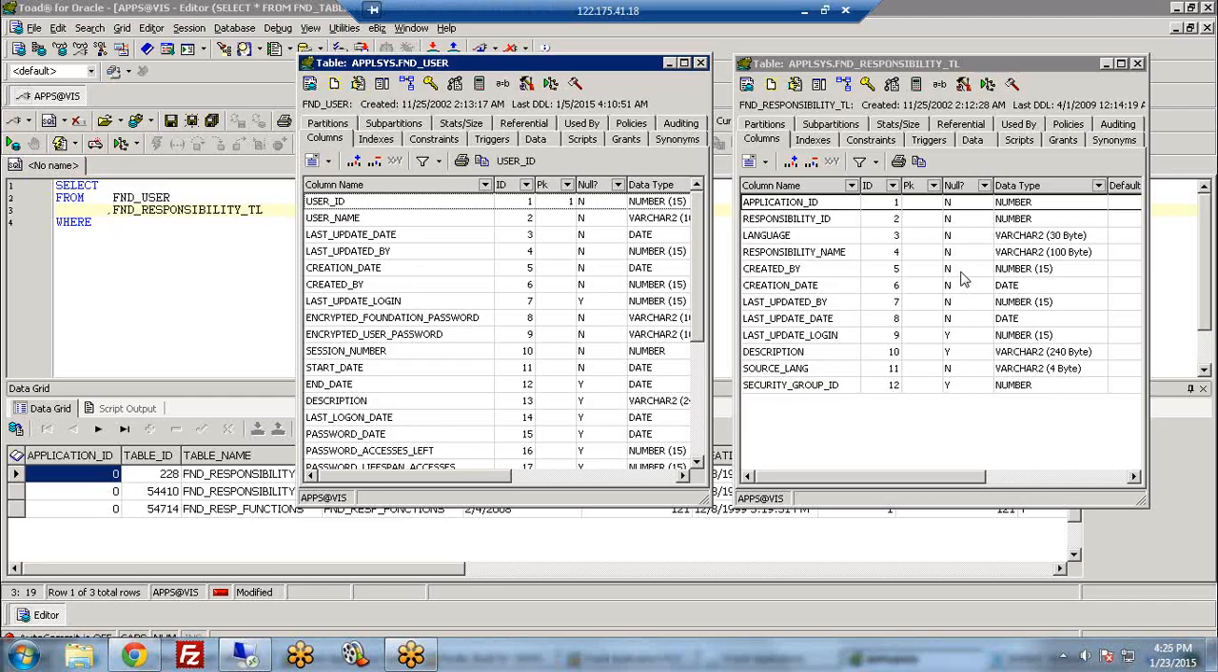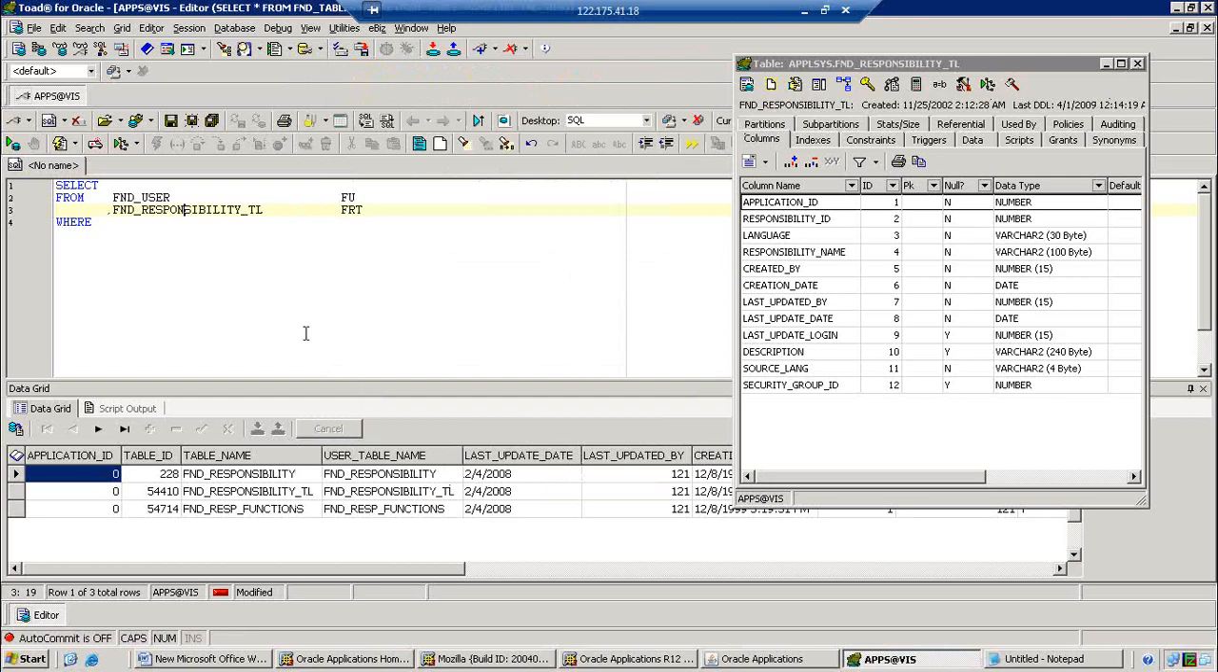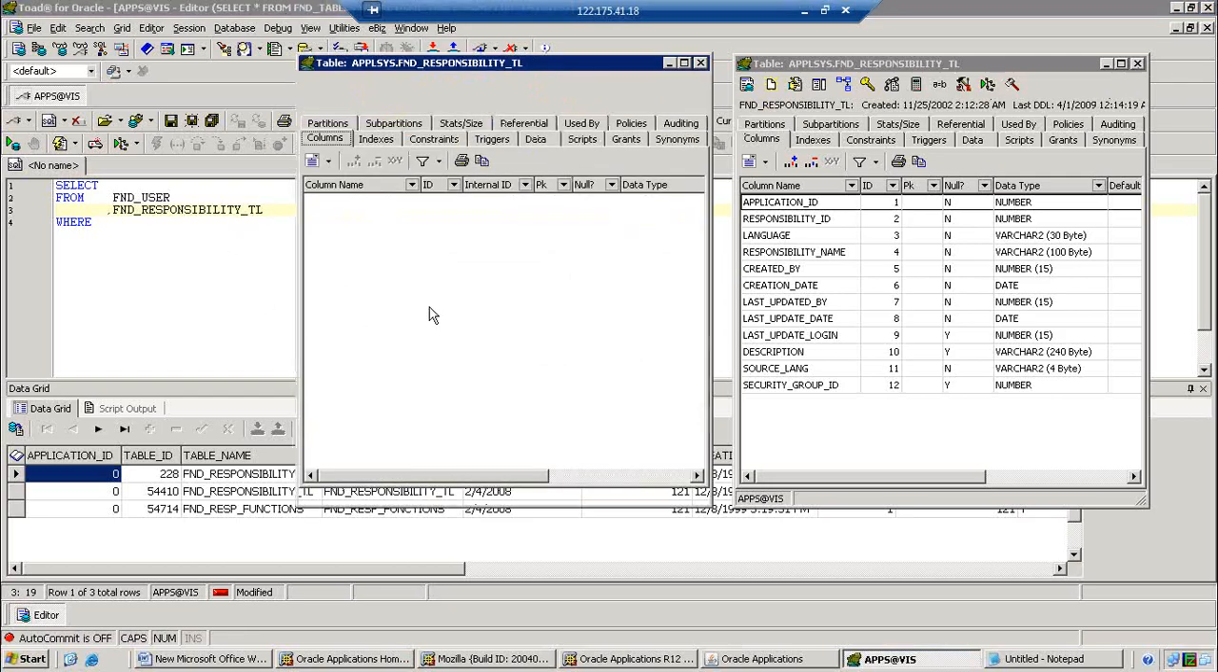And also, what columns does the table have? These are the major columns of the two tables. Then how are we going to find that? In the backend we cannot find which common column has the user ID and responsibility ID. So I will tell you how we do that in the backend also. At this point of time, let us